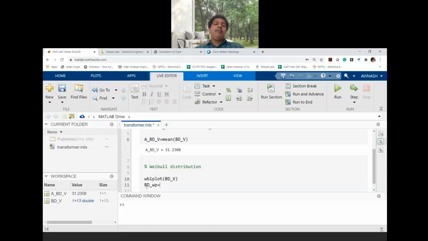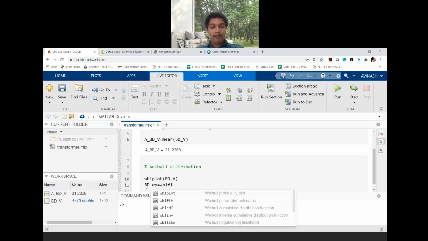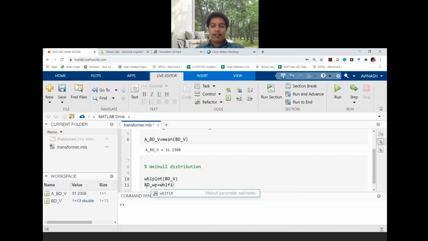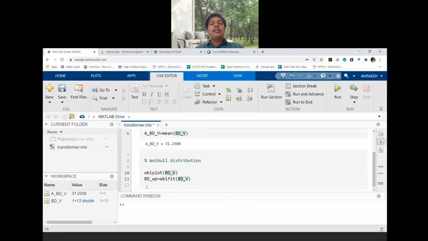Okay, breakdown parameters, that is how we will find out, through WBL fit, the variable fit of our breakdown voltage array. This is going to give me the variable plot as well as the parameters. So if I run this again,